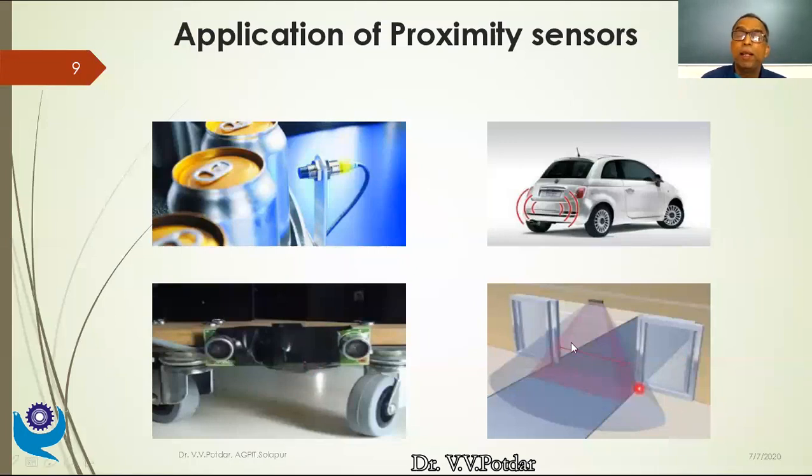Now, this is a familiar picture in many hospitals, theaters, and auditoriums. Also, you'll find a use of proximity sensors. Here, we are not measuring the distance as such, but the door is normally closed, and when you come in the path of that proximity sensor, when you just pass through, you cut that sensor path, and suddenly the door will be opened.